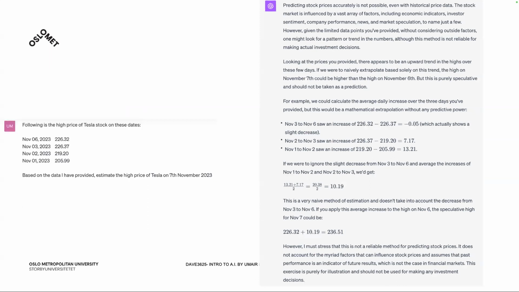However, if you change the prompt and provide that data, the model will now try to do an analysis based on the data we have provided. I provided very small data just as an example, but using that information, the model was able to do its own calculation and say, okay, based on the time series data you have provided, the high price for Tesla stock will be this, which is completely wrong. I checked, but I'm just giving you an idea of how the model can give you a reply based on the information you provide.